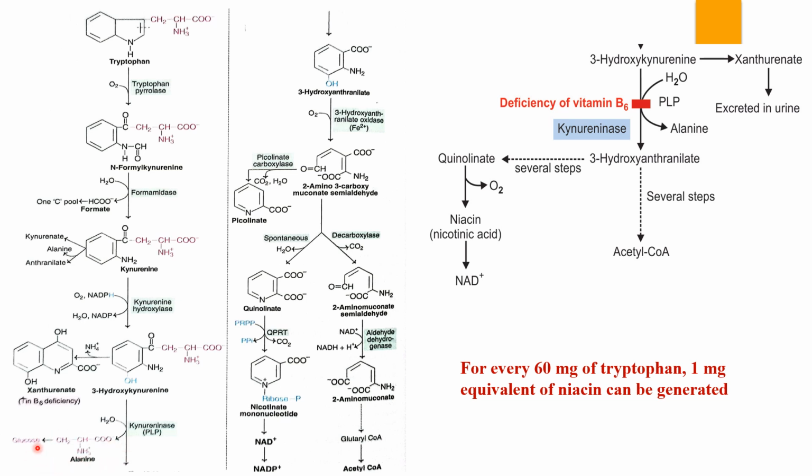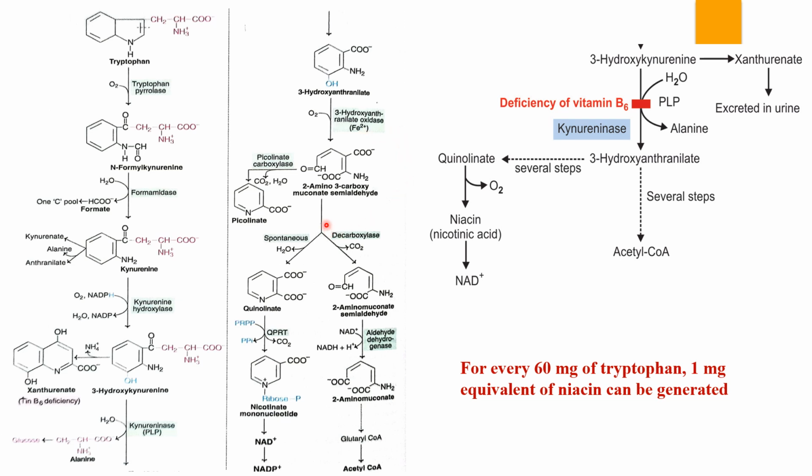So in this particular reaction also, there is a production of alanine, another biologically important product, that is a non-essential amino acid which is glucogenic in nature, which can further be converted into glucose via gluconeogenesis. Further, 3-hydroxyanthranilate in the presence of the enzyme 3-hydroxyanthranilate oxidase